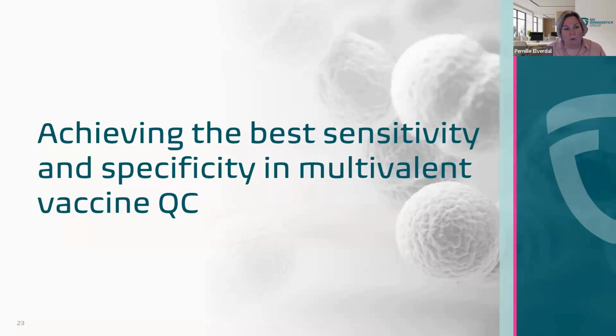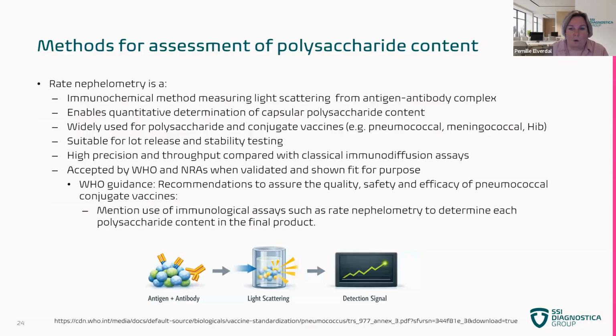So now I want to move into when you're actually doing your vaccine development and you want to achieve the best sensitivity and specificity in your vaccine QC in the nephelometry method. We did a massive study because there have been so many discussions. Is monoclonal the right antibody? And as a scientist, I want to understand and see which method or antibody is the right antibody for this method. So we were using the rate nephelometry method, which is a